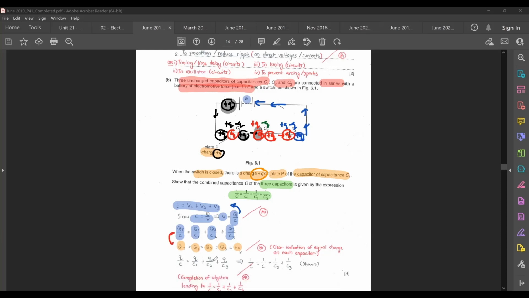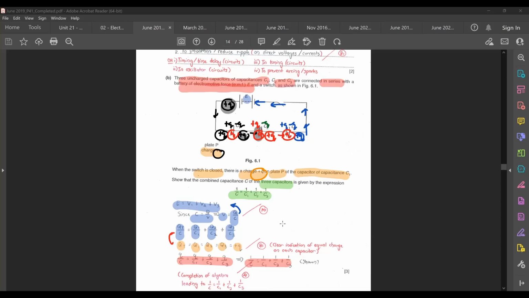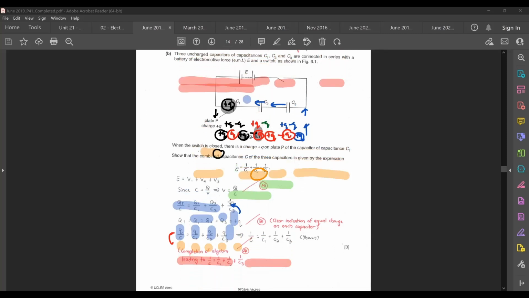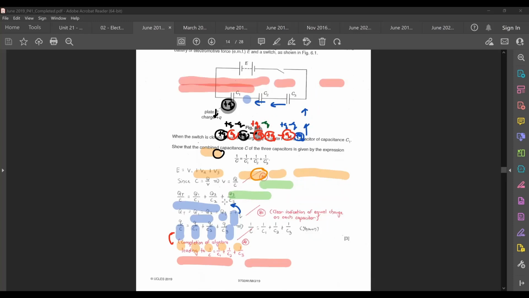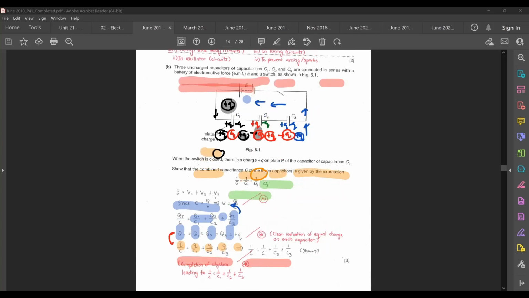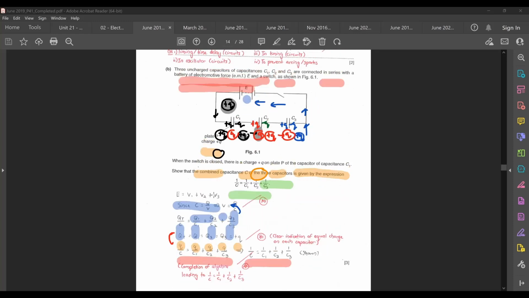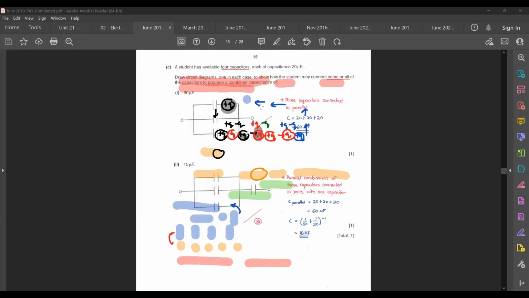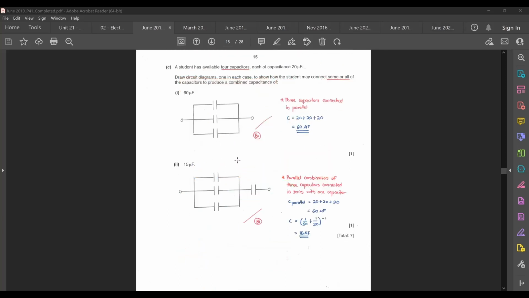You notice that you can cancel them off eventually, giving you 1 over C equals 1 over C1 plus 1 over C2 plus 1 over C3. Okay, so this one is your derivation for capacitors in series. Okay, then next one. This one here